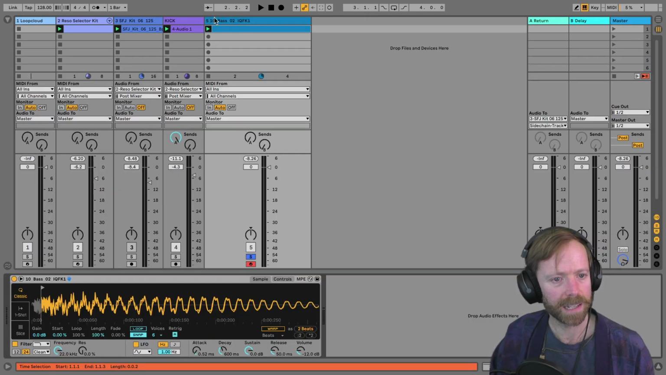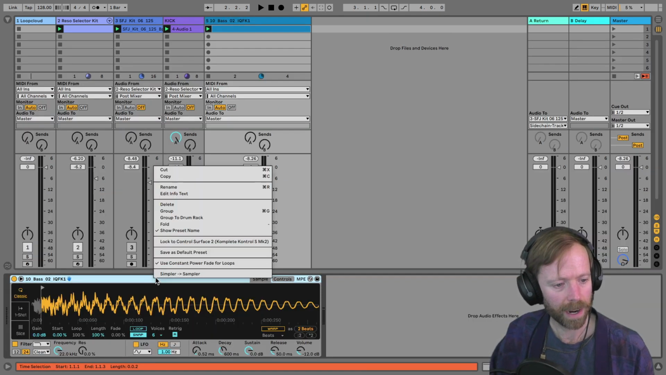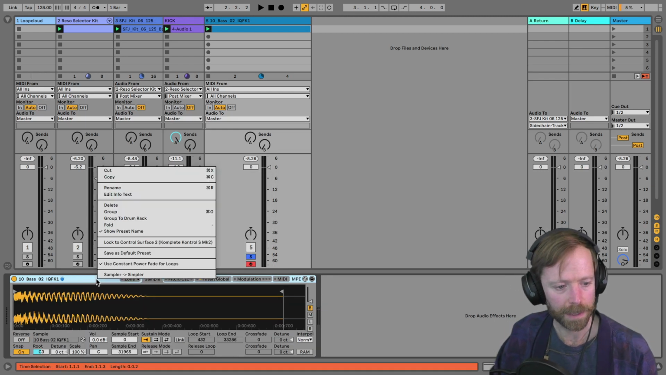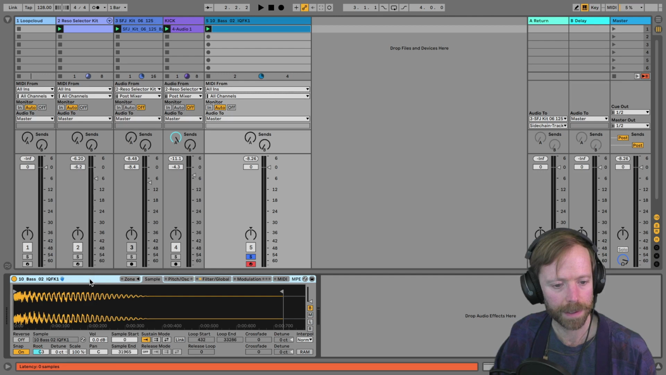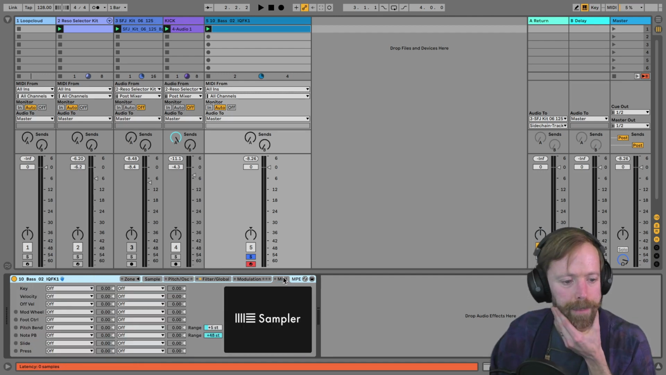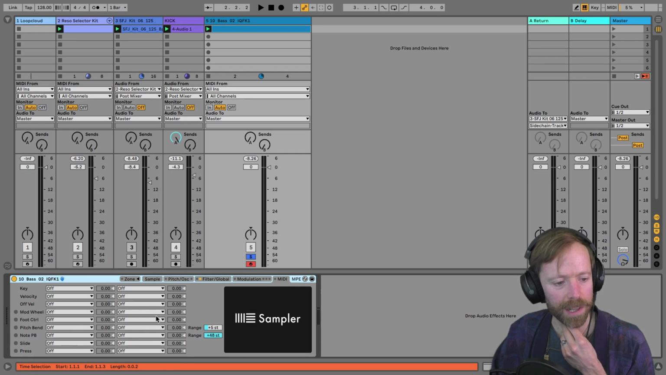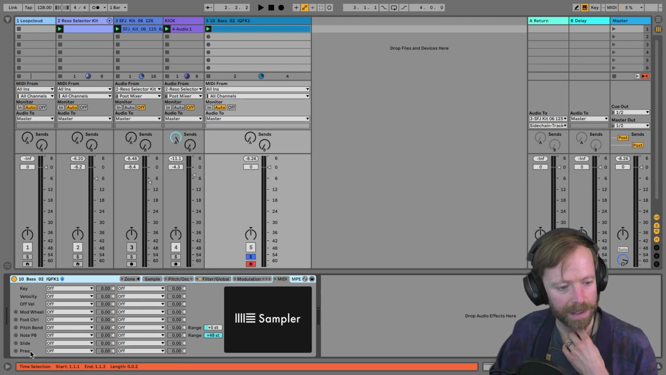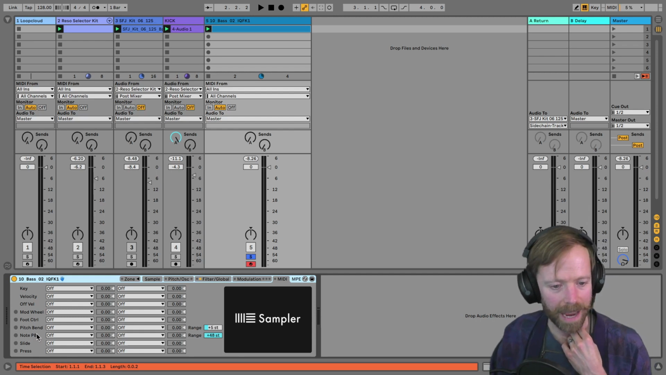What I'll do instead, I'll right click, and I'll switch it to sampler. That was just the simpler to sampler option there. So now we got sampler, and in sampler now, if I click on the MIDI tab, you can see we now have all these other options. So we have slide, we have press, and we have note PB. So these are the three kind of main ones